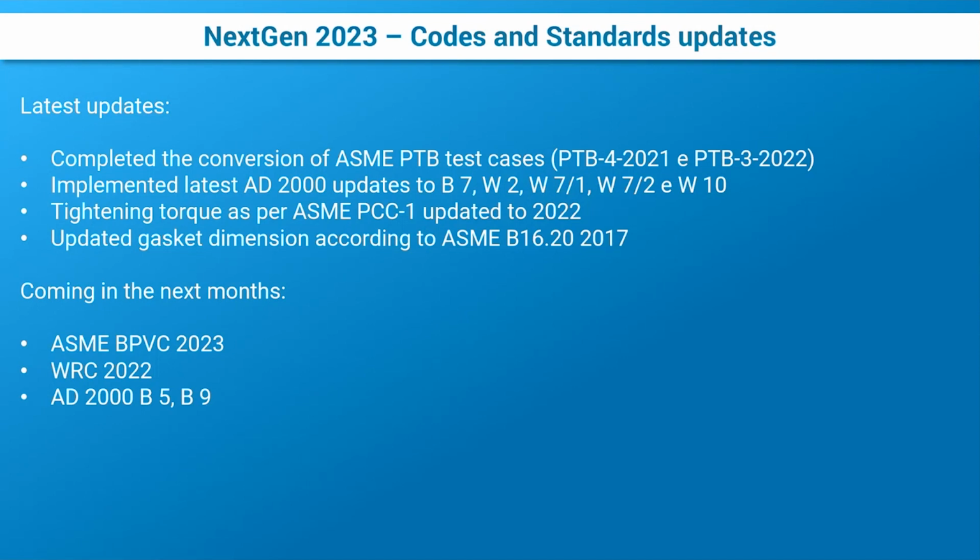We updated the tightening torque according to ISME PCC, PCC1 updated to year 2022, and the gasket dimensions according to ISME 1620 up to the 2017 version. The good thing is that more updates are coming in the next year. This year has been quite not very busy in terms of updates of the norms, but the next year would be,